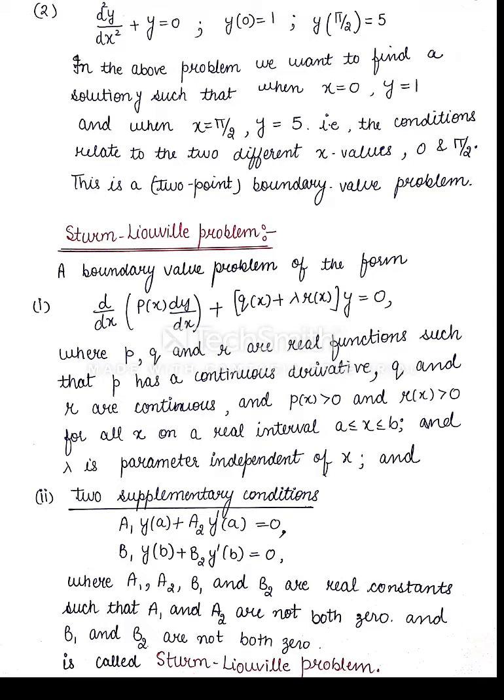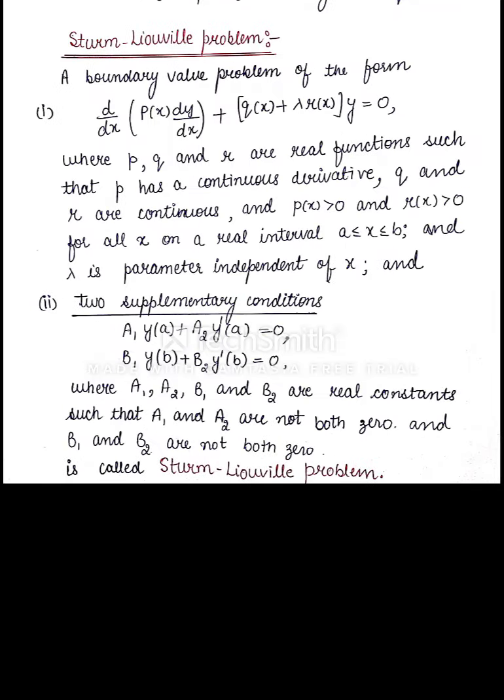So a boundary value problem of the form d by dx of (p(x) dy by dx) plus (q(x) plus lambda r(x)) y is equal to 0, where p, q, r are real functions such that p has a continuous derivative, q and r are continuous, p is positive, r is positive, and lambda is the parameter which is independent of x. And the conditions are